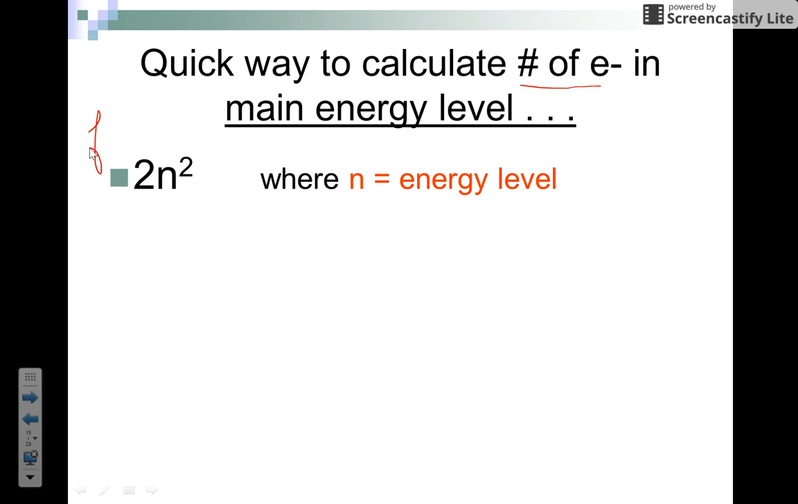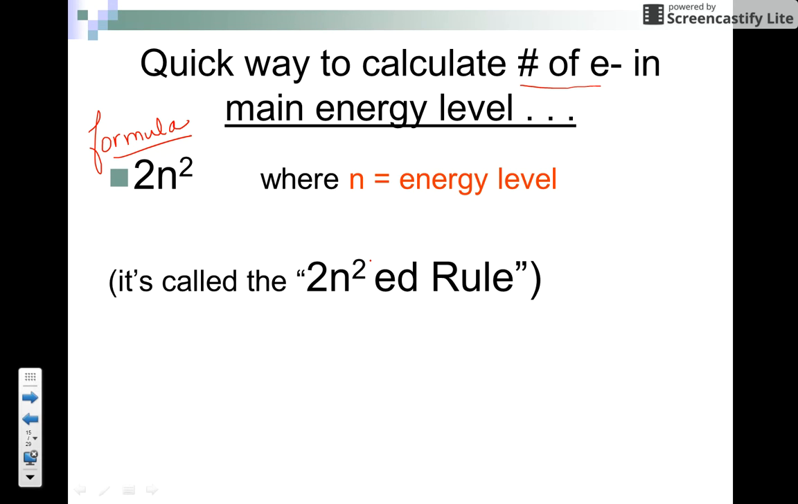It's the formula that we use. And the formula is called the 2n squared rule, where n is your energy level. Now, we just learned about quantum numbers, the n, l, m, and s. In this case, n is your principal quantum number, and remember the n represents the energy level within the atom. So let's just apply this to